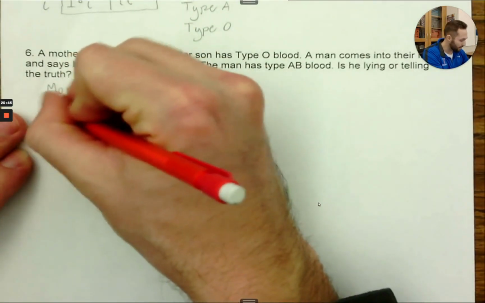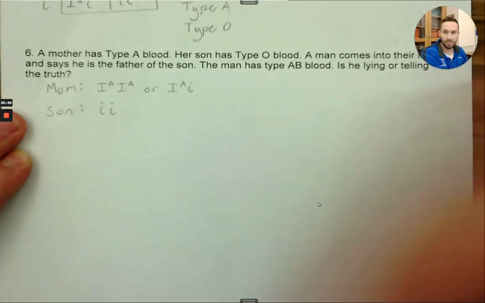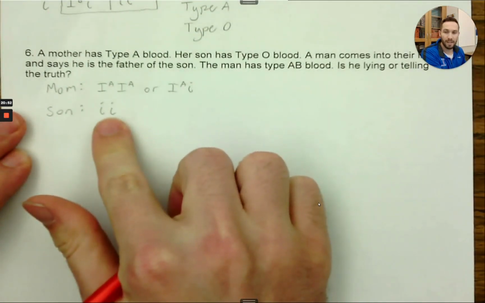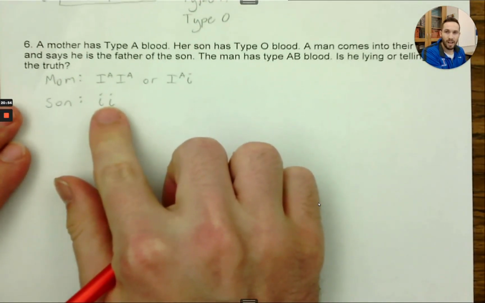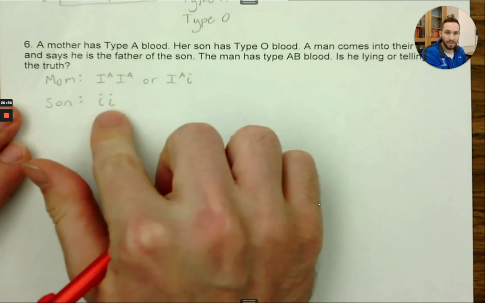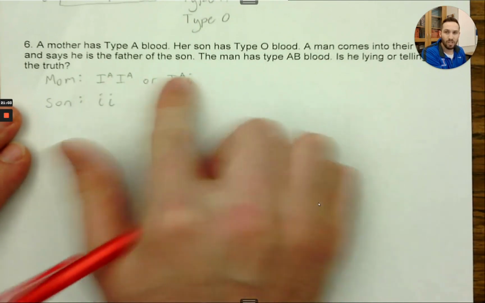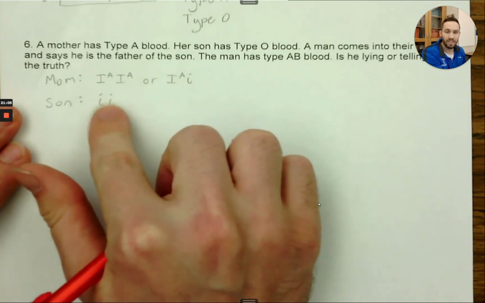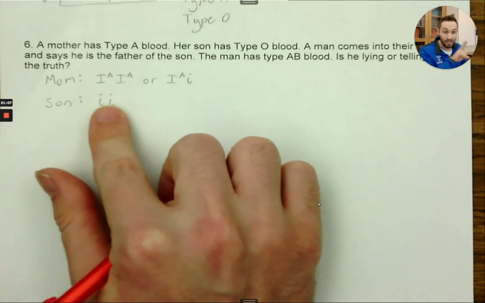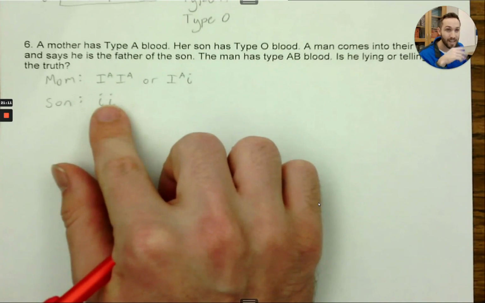So I'll go ahead and write that right here. Son. To have type O, you have to be homozygous recessive. You have to have two O alleles. Okay, so we know the son is type O. Now, there's no question that this is the mom of this son. And so actually knowing that the son is type O tells us which genotype mom has. Because if the son is type O, which means he has two O alleles, one of those O alleles has to come from mom and one has to come from dad. That's how this always plays out.